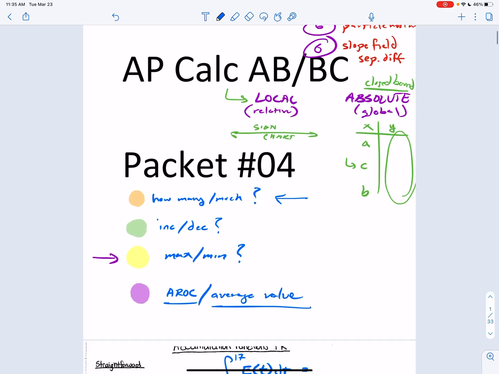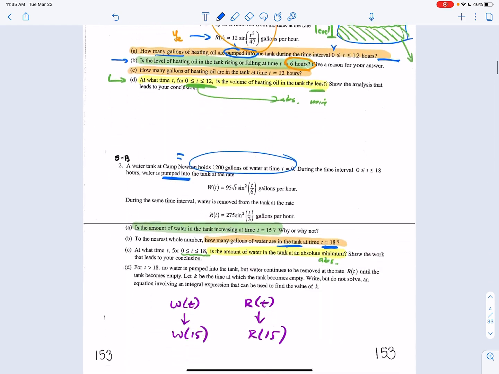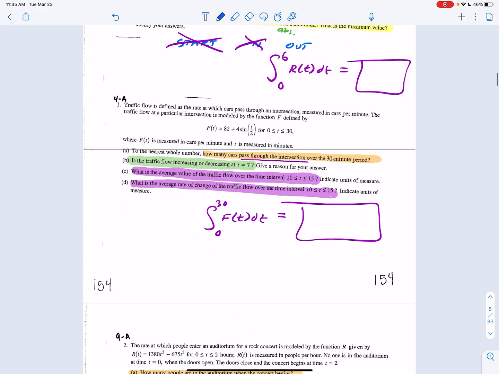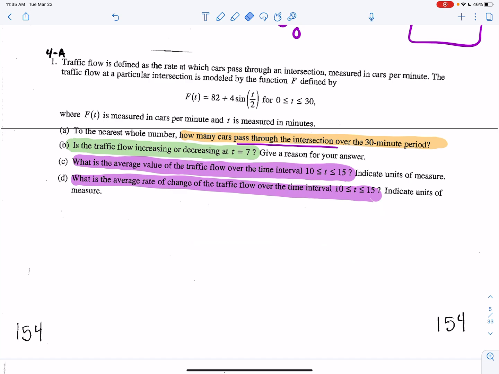All right, this last one here is on the fourth trend, average rate of change and average value. This one here is really straightforward, so I'll show you a little bit of both there, okay? I think our first one occurs right here with our traffic flow problem. So we'll do part C and then we'll do part D since it has average value and average rate